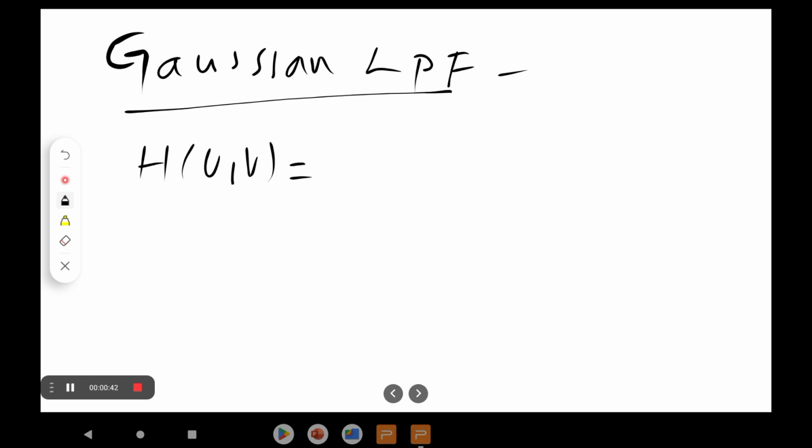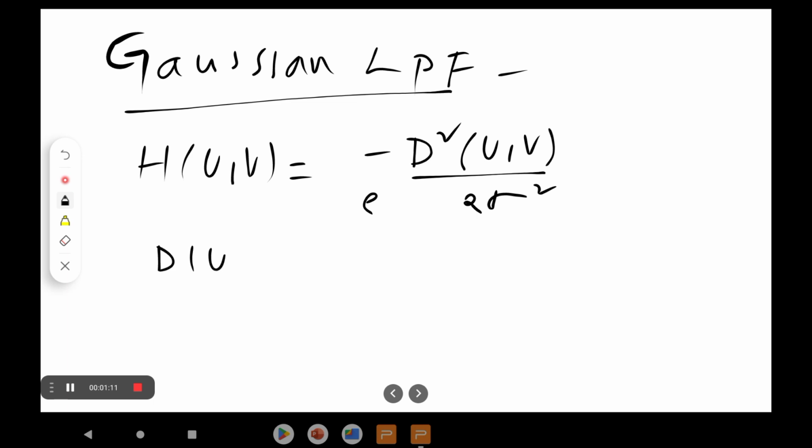e power minus D square of u comma v by 2 sigma square. Where D of u comma v represents the distance from the center of the rectangle to the u comma v point, where D of u comma v is nothing but equal to the distance from the